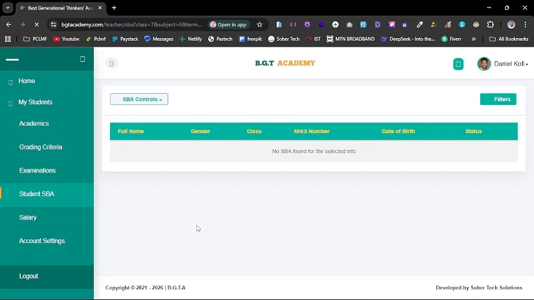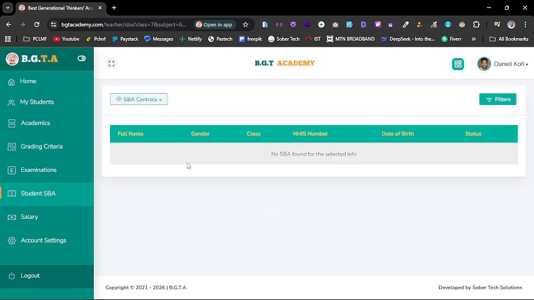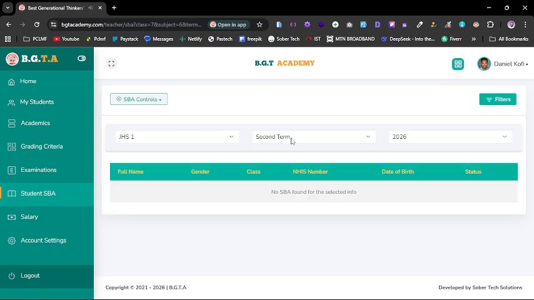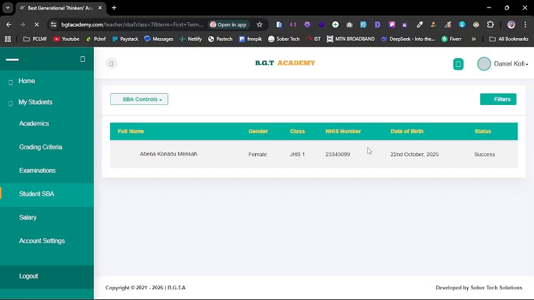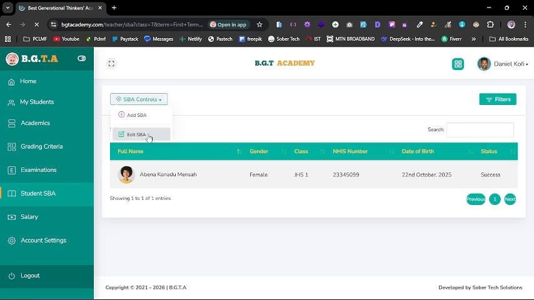So when you click on the submit SBA, then your SBA will be submitted successfully. So yep, you can see that you have SBA. So SBA are found for the selected info. So this is what we selected. You get it. So I can just come to first term, and you can see that here. You can see this. So I will come here and click on edit